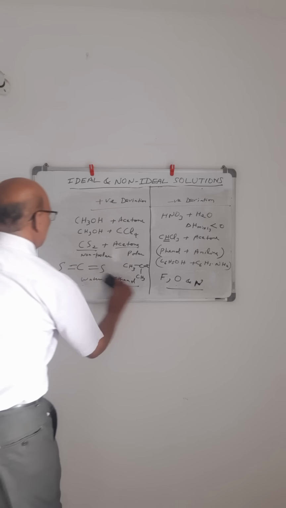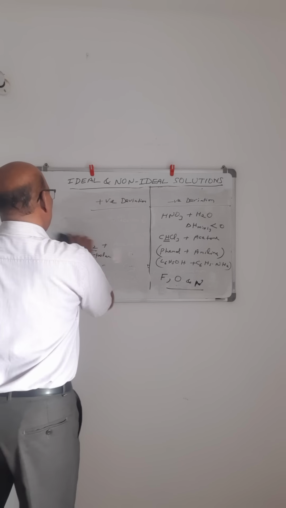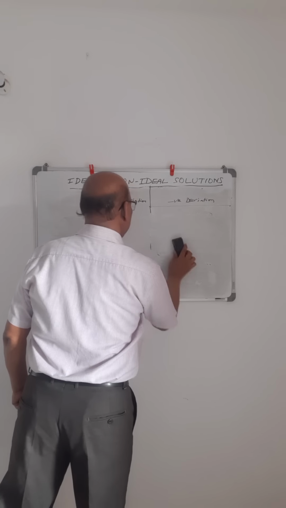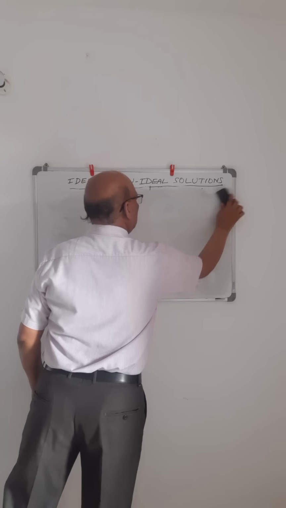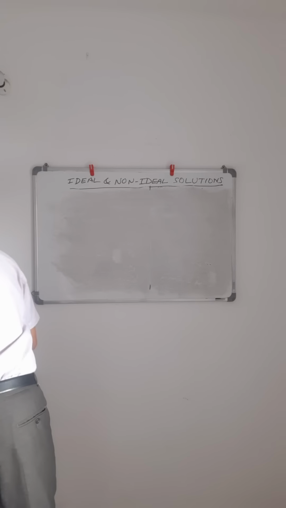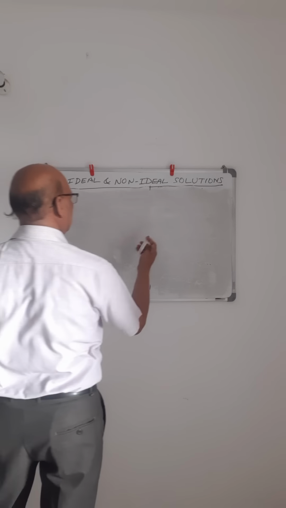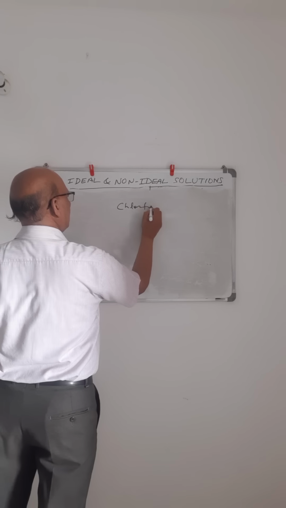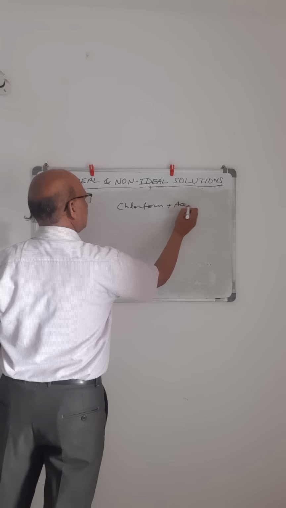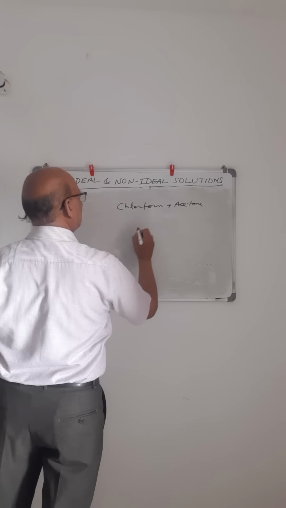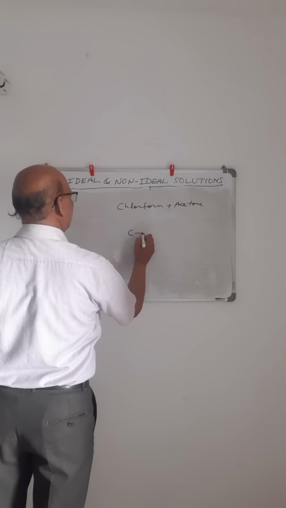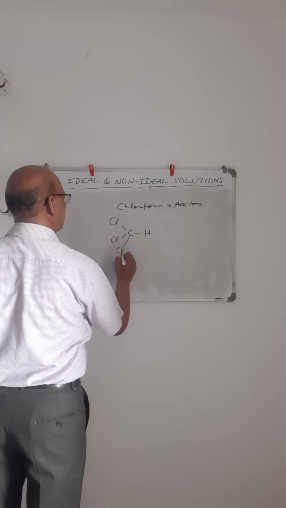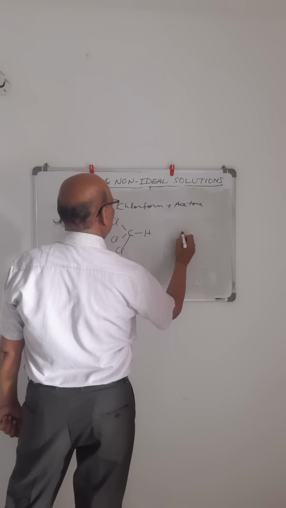Now we will show with some examples why they are showing positive and negative deviation. Let us take one example of this. I told you chloroform plus acetone. This is a very important example. So how will it show? It will be like this: CHCl3, with H single bonded to carbon and three Cl, and acetone will be like